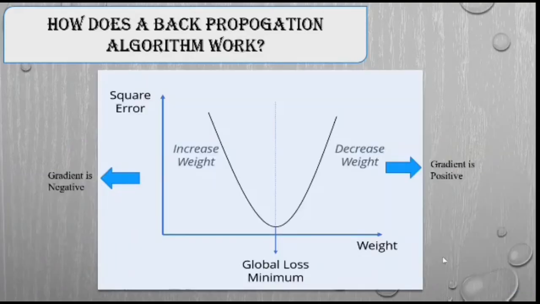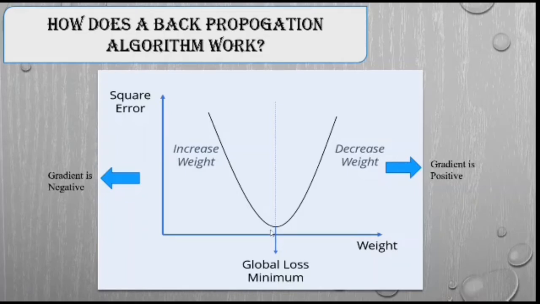Now let us go through this graph to understand backpropagation in a better way. We have this graph over here, and our aim is to minimize the error by either increasing or decreasing the weight. If you take this side of the graph, the tangent passing over here makes a positive slope with this axis. Since it makes a positive slope, if we decrease the weight, the error would decrease, and if we increase the weight, the error would also increase. And now if you take this side of the graph, the tangent here makes a negative slope. As the tangent makes a negative slope, it means inversely proportional.